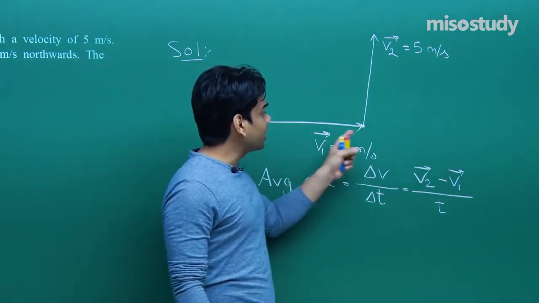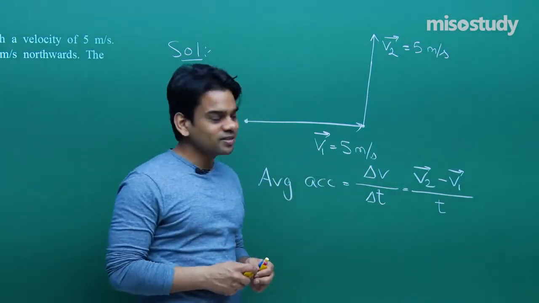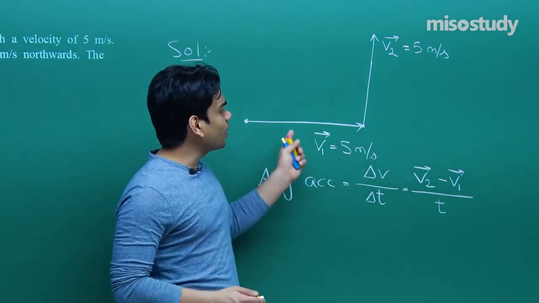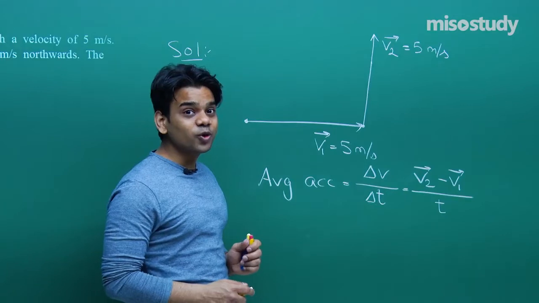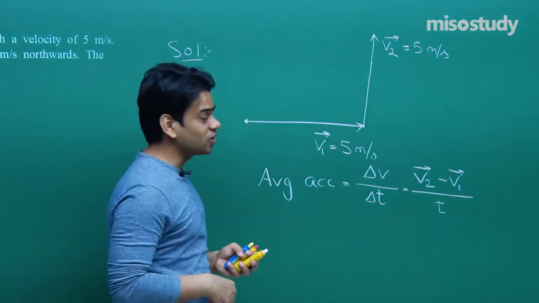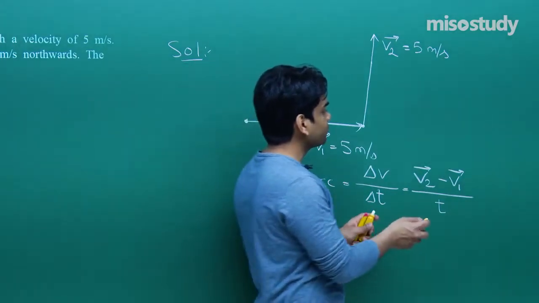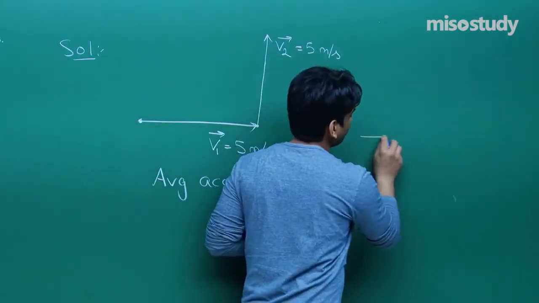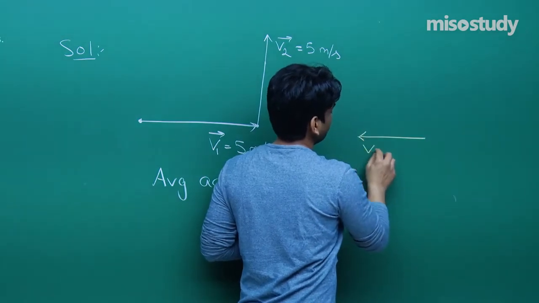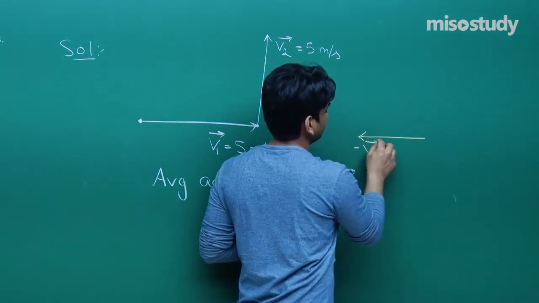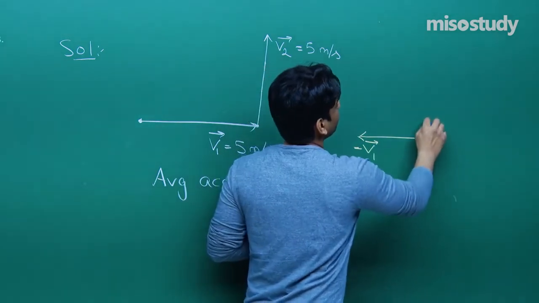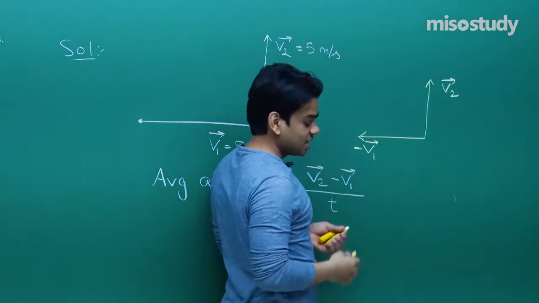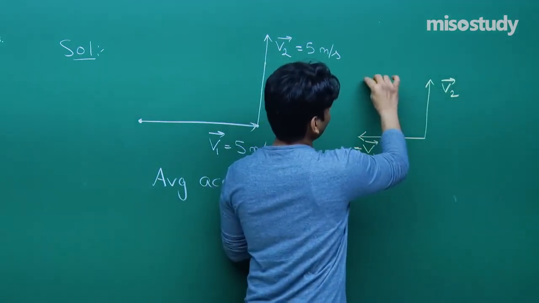So that means we have to take the subtraction of these two vectors and divide it by the time taken. Now you see, V2 minus V1. If I show you the negative of V1 velocity, how it will look like, let me draw another diagram and let me only change the length. That will not be a big problem. See, this will be V1, this will be minus of V1, and this will be V2. So that means we have to add these two vectors. The resultant will be somewhere here.